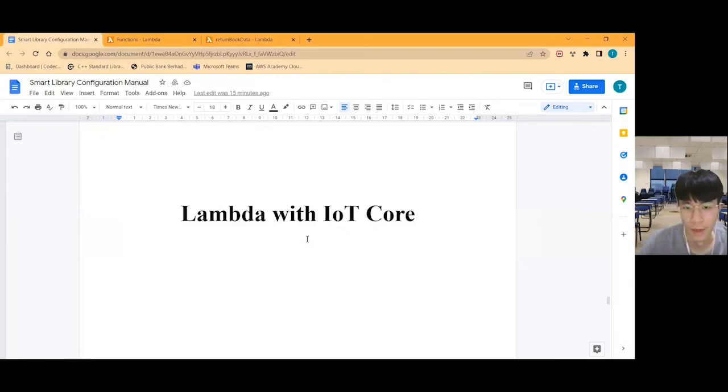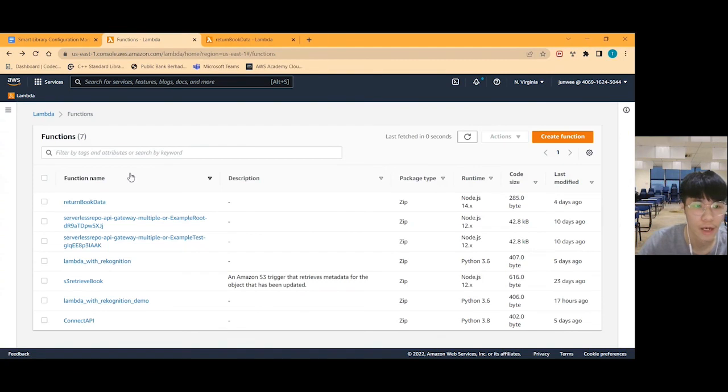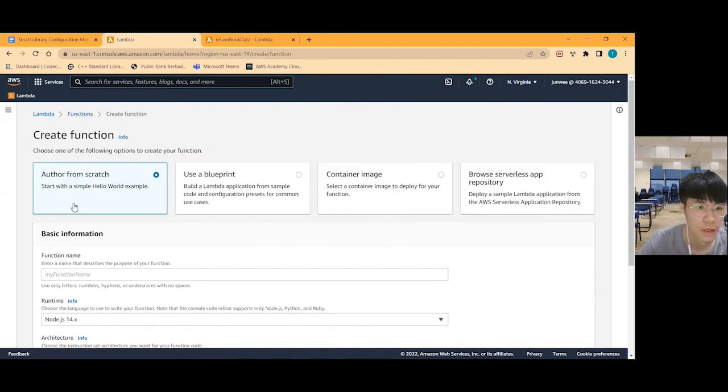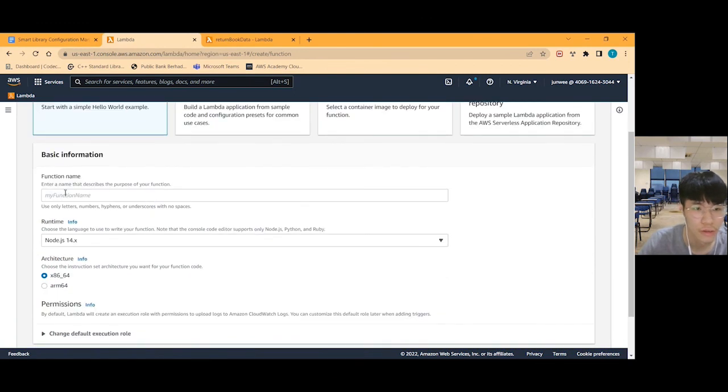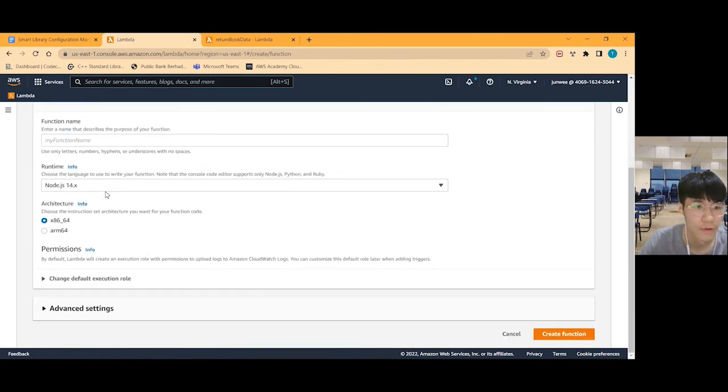To configure Lambda with IoT Core, first go to the AWS Lambda section, then create function, select author from scratch, and type the function name. The runtime, we choose Node.js, and architecture, choose x86.